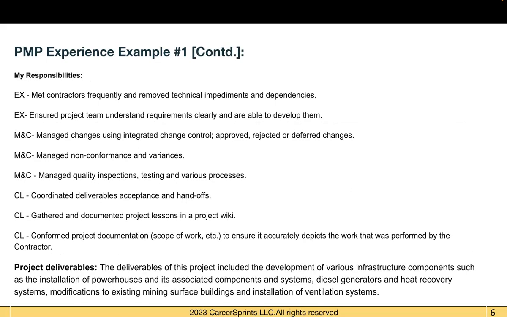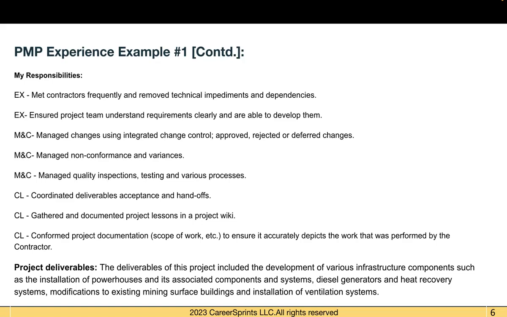You've used terms like work packages. You've used integrated change control. You've used terms like non-conformance, variances. You've used terms like quality inspection. So PMI really wants to see all of that PMBOK language in your application. So they want you to be able to connect your work experience with the PMBOK and be able to show